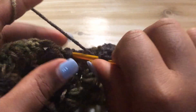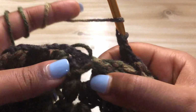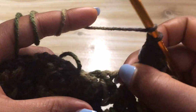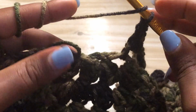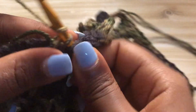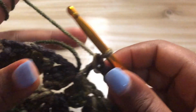But before that, I'm going to show you how to work around that middle part where we started the shells from. And this is it. So once you get here in the middle, you're going to skip that next space and you're going to make a double crochet between the shells. This is where we started from. This is where the magic circle was. Okay, so you're placing there a double crochet,